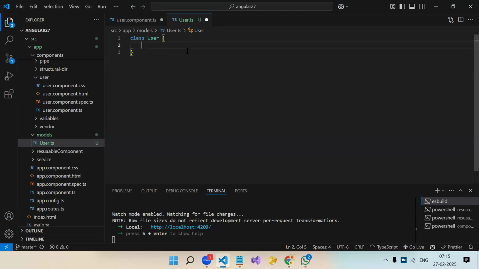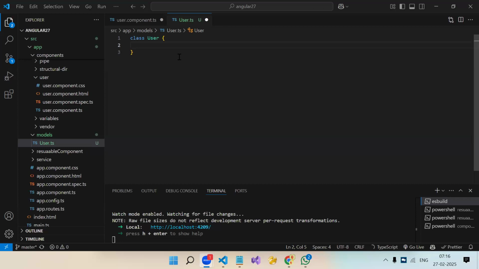Class is nothing but it contains different properties and its methods, our variables and some methods, correct? A more standardized definition will be: class is nothing but a collection of members, meaning our properties and its functions.